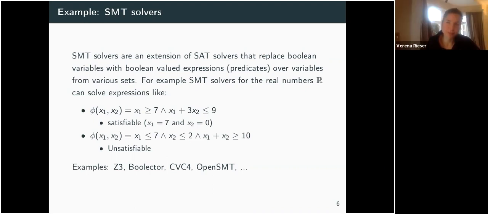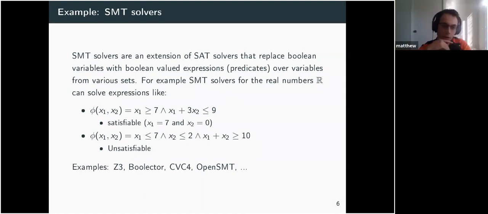So satisfiable, unsatisfiable. Could you give me an example when you apply this to software testing? I guess that's the main application area. What sort of software problems can you solve with SAT solvers, and what sort of problems can you solve with SMT solvers? So you can solve,